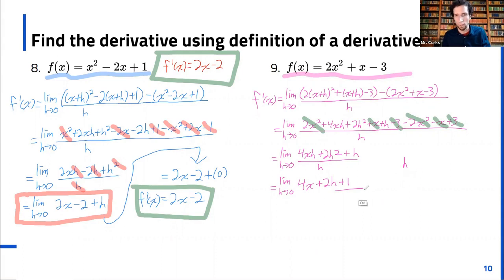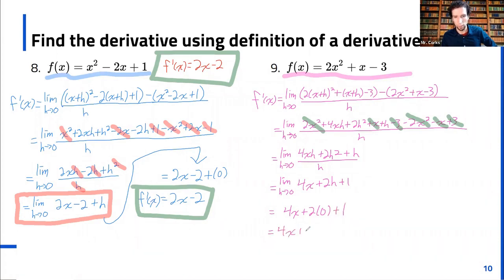Okay, so plus 1, can't forget that's on the end. And then we will evaluate our limit. We set h equal to 0 for 4x plus 2 times 0 plus 1